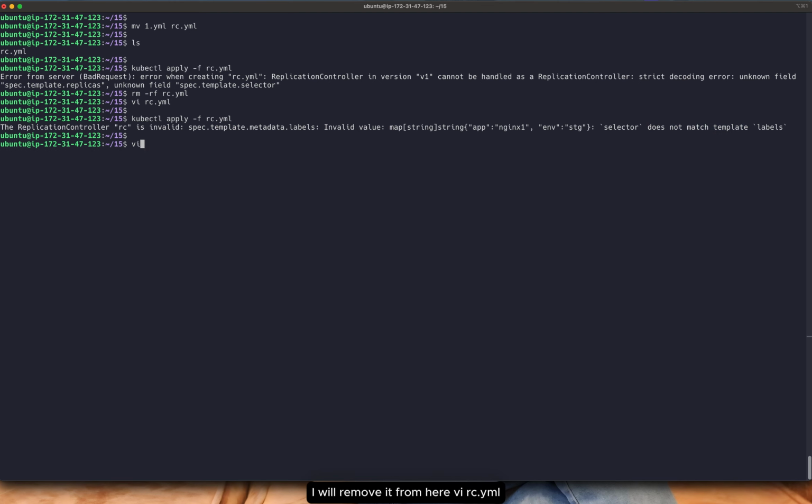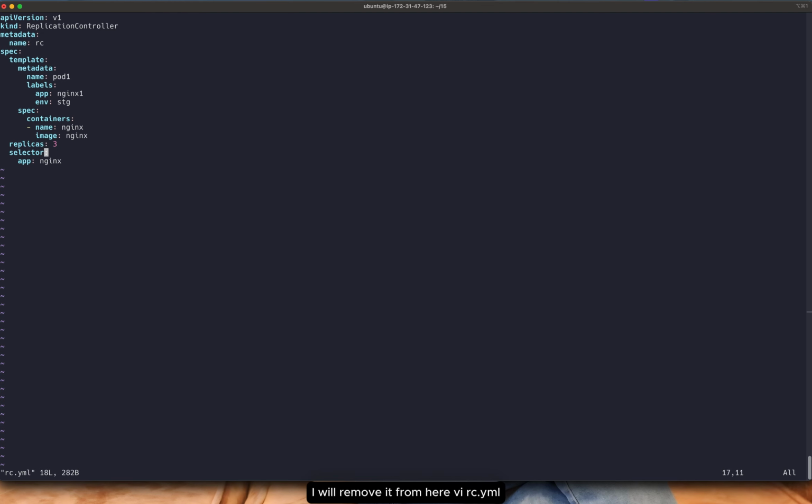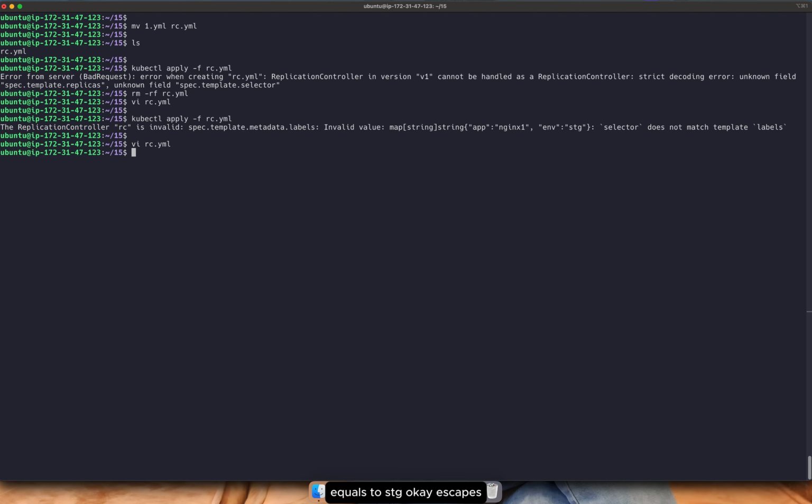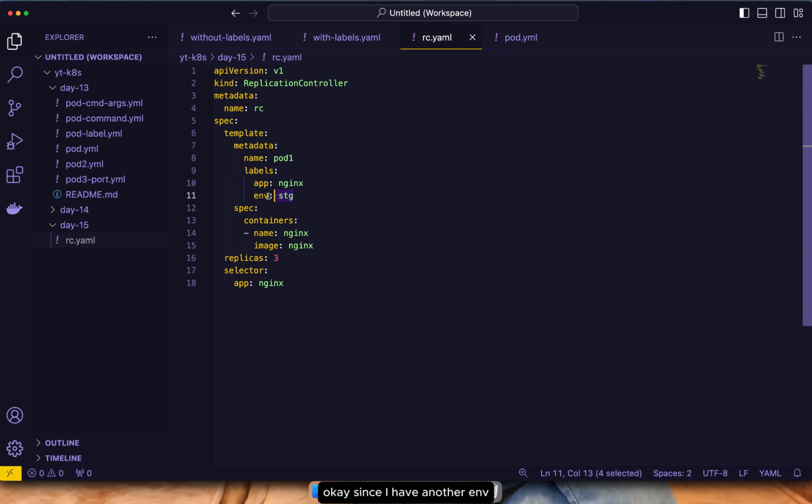What I will do, I will remove it from here via rc.yaml. You can just add this one also, or you can directly come here. Let's see, I will give env equals to staging. Okay, escape, shift colon wq. Let's try to apply it now. kubectl apply rc.yaml. Since I have another env staging label added to that particular pod,